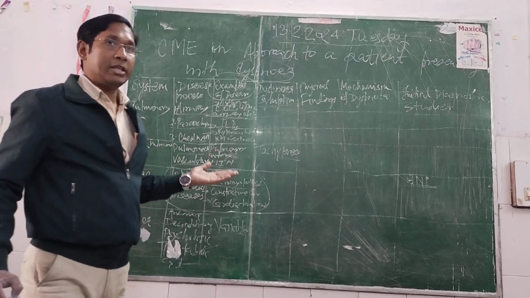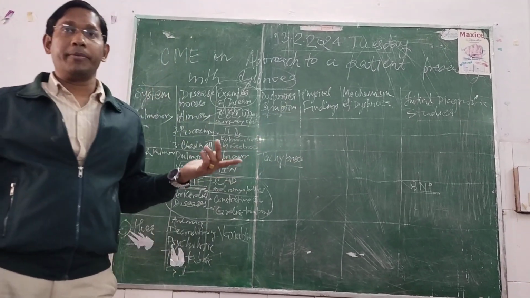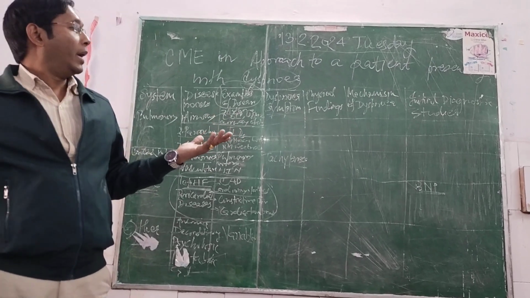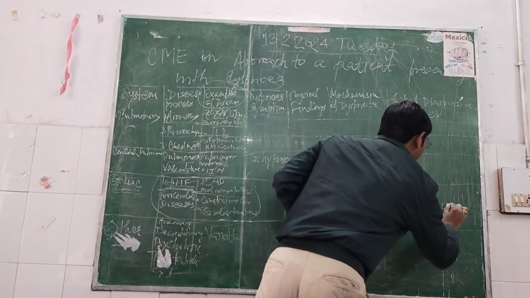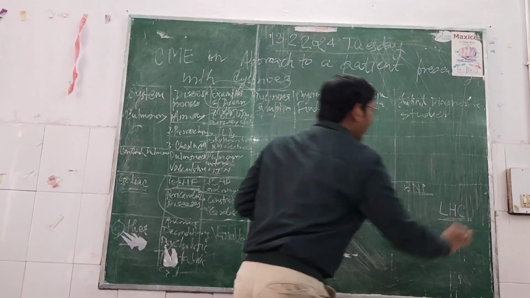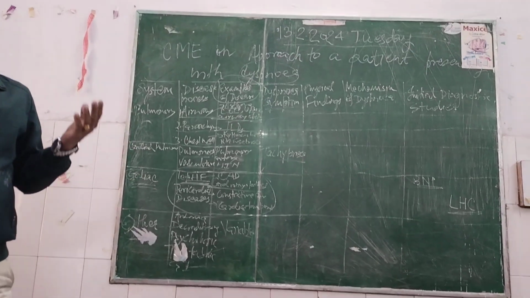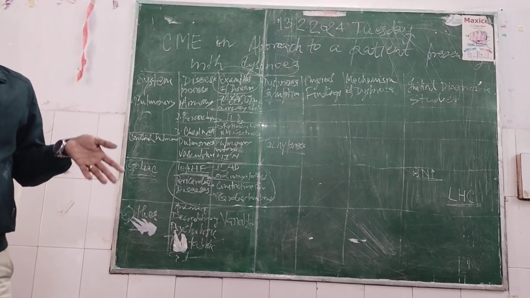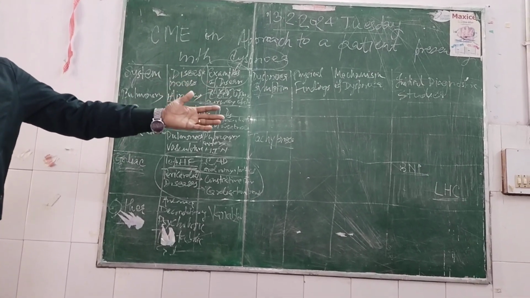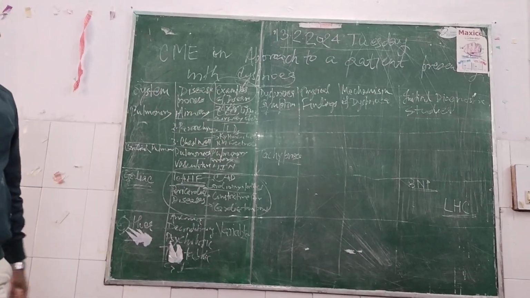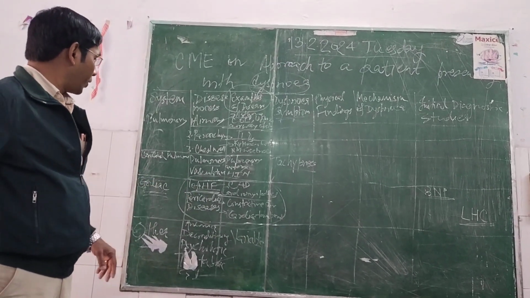Then you can go for ECG, echo, even exercise testing, that is called treadmill testing, and finally you can go for LHC, that is left heart catheterization. That is an advanced thing. So BNP, ECG, echo, exercise testing like treadmill testing, and you may go for left heart catheterization. So these are the initial diagnostic tests in case of dyspnea of cardiac origin.